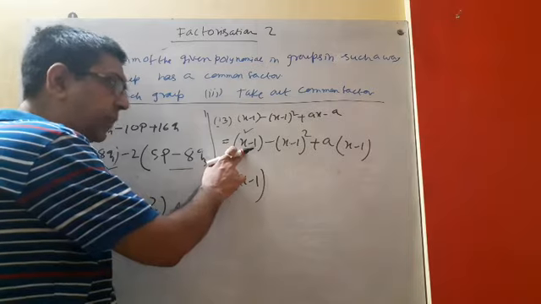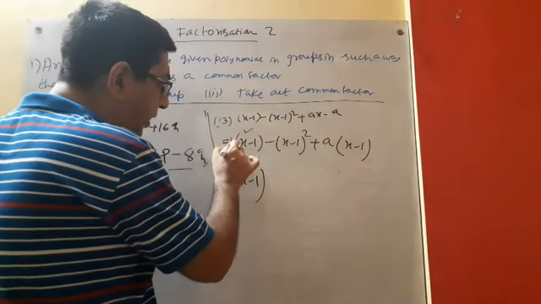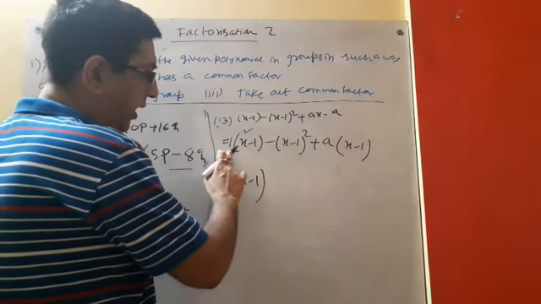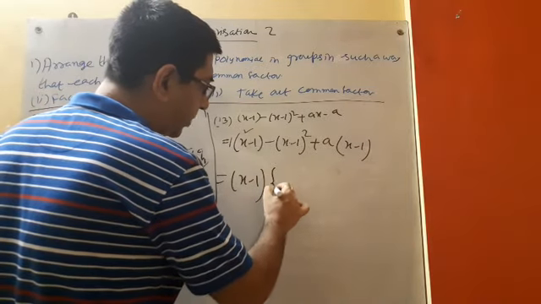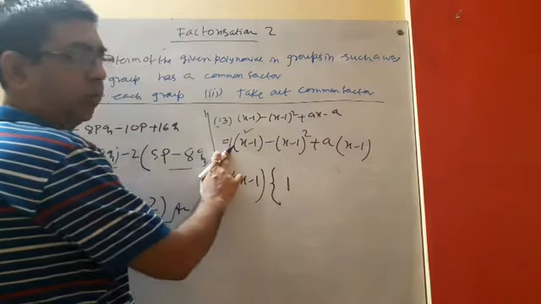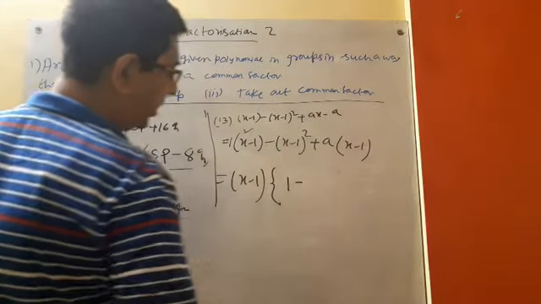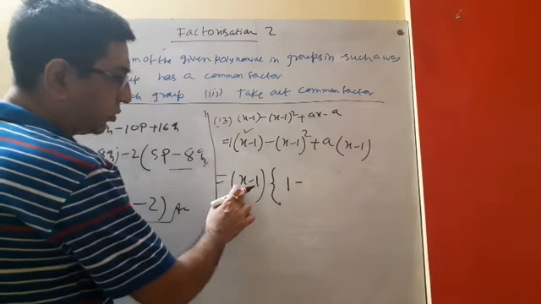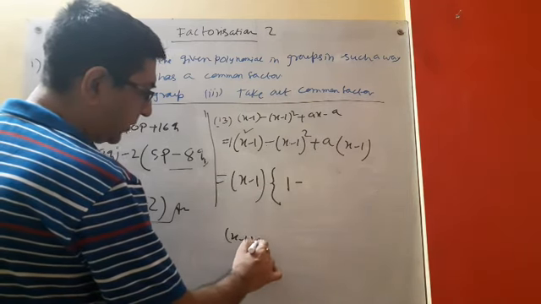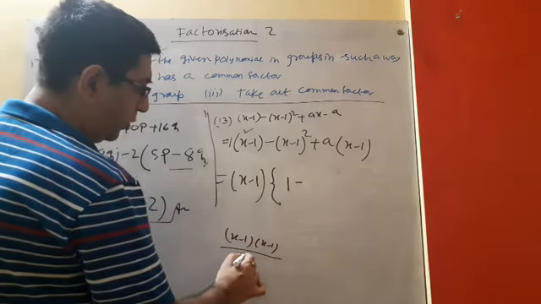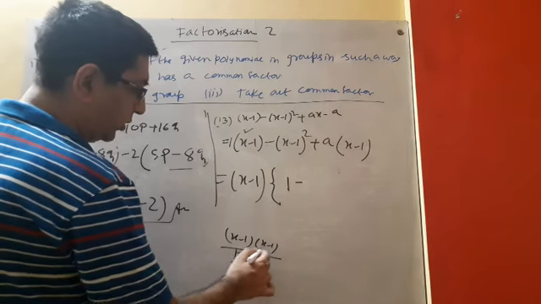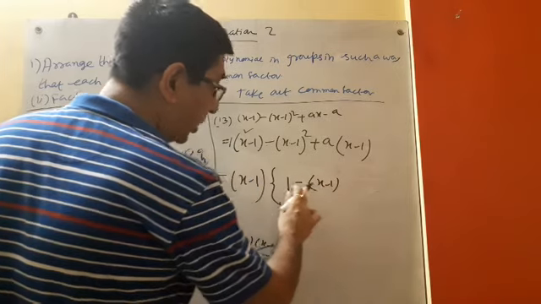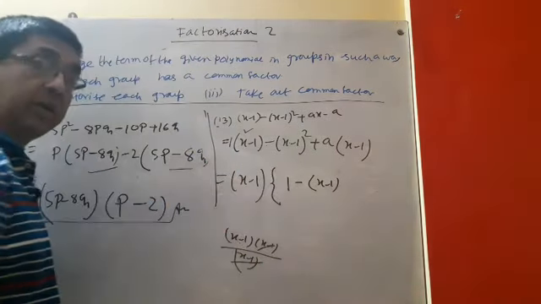If I take x minus 1 from here, x minus 1 into 1, we are left with 1. Then put a minus sign here. Now, from x minus 1 square, we have taken x minus 1. That is, x minus 1 square means x minus 1 into x minus 1, and we have taken common x minus 1, so this one cancels. We are left with x minus 1. Write x minus 1, and put a bracket here because the minus sign is there.